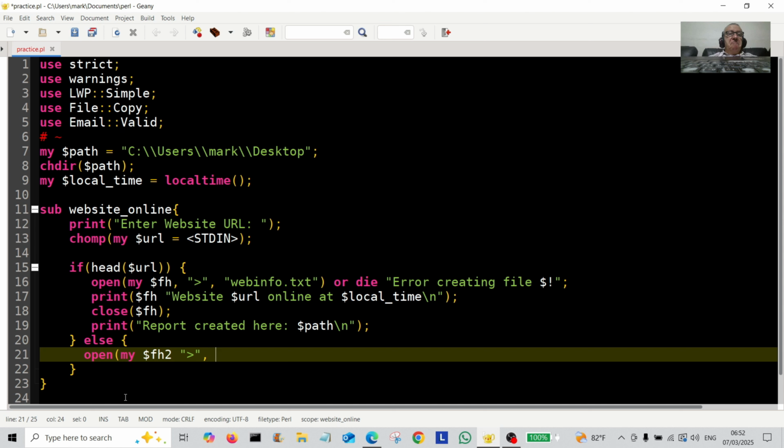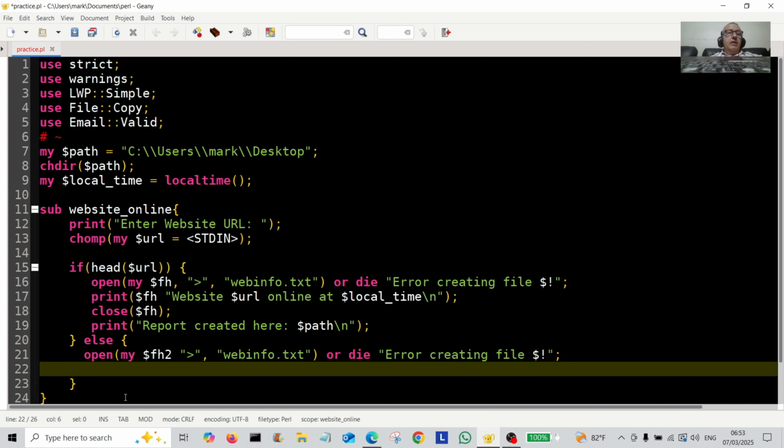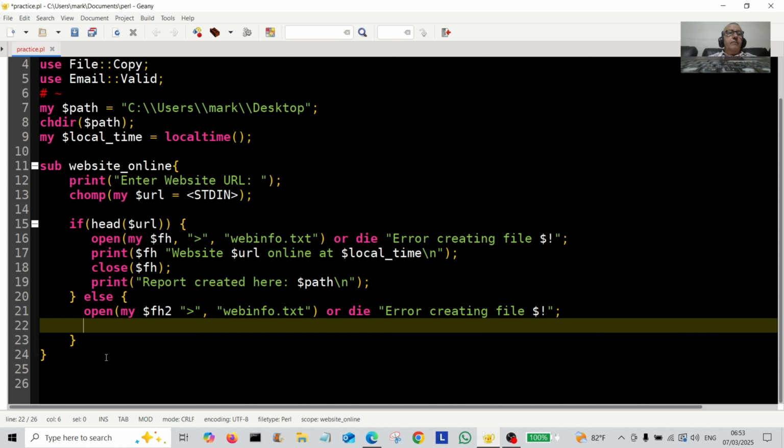and we're just going to simply call it the same thing, webinfo.txt there, or die, error creating file. Okay,